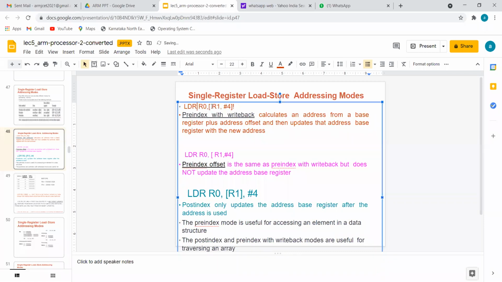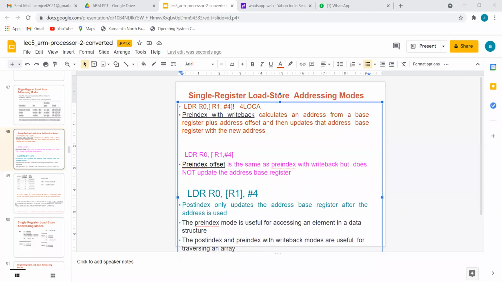If it is not a B and not a H, we have to take it from four continuous locations: R1 plus 4, R1 plus 5, R1 plus 6, R1 plus 7. From there, we fetch the information and copy it onto R0.